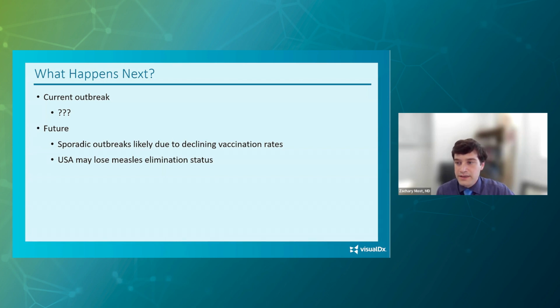Okay, so that was the review, and thinking forward, what happens next with measles? Where are we going, and how do we prepare ourselves for what's out there? In regards to the current outbreaks that are going on, it's really hard to tell exactly what's going to happen. It seems that these outbreaks are often finding pockets of communities that have lower vaccination rates and then maybe over time spreading from one pocket to another.